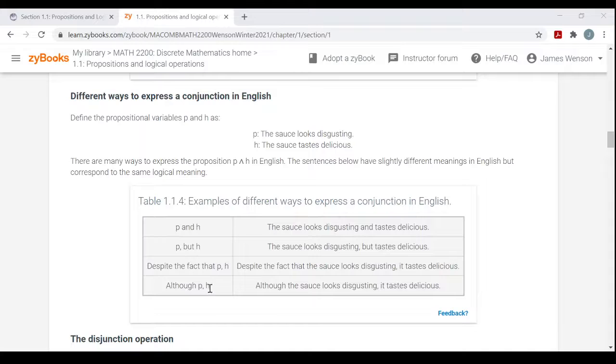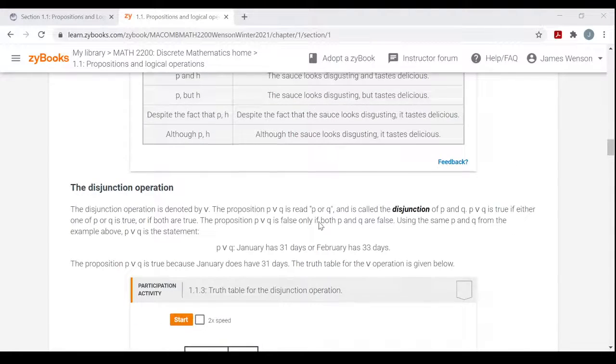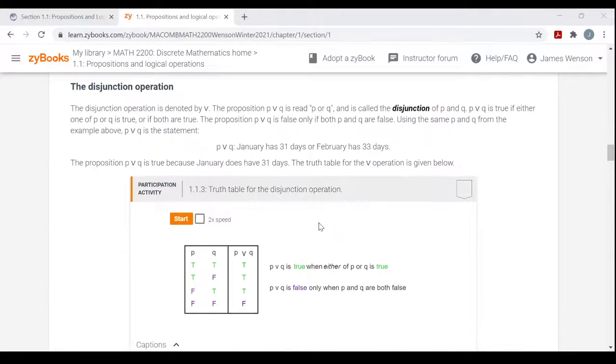And although the sauce looks disgusting, it tastes delicious. Again, any statement that would imply that two things are happening at the same time is a conjunction, an and statement. But for the most part, I'm going to be using the word and. Okay, all right. Next, we have the disjunction operation,